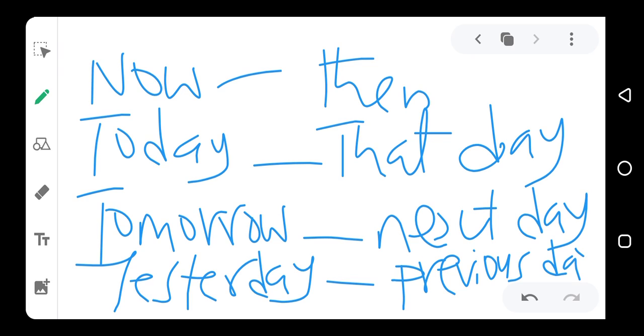So what this means is that inside the inverted comma, or in the main part of a direct speech, if you see "now," you change it to "then." If you see "today," you change it to "that day." If you see "tomorrow," you change it to "next day." And if you see "yesterday," you change it to "previous day." For example,